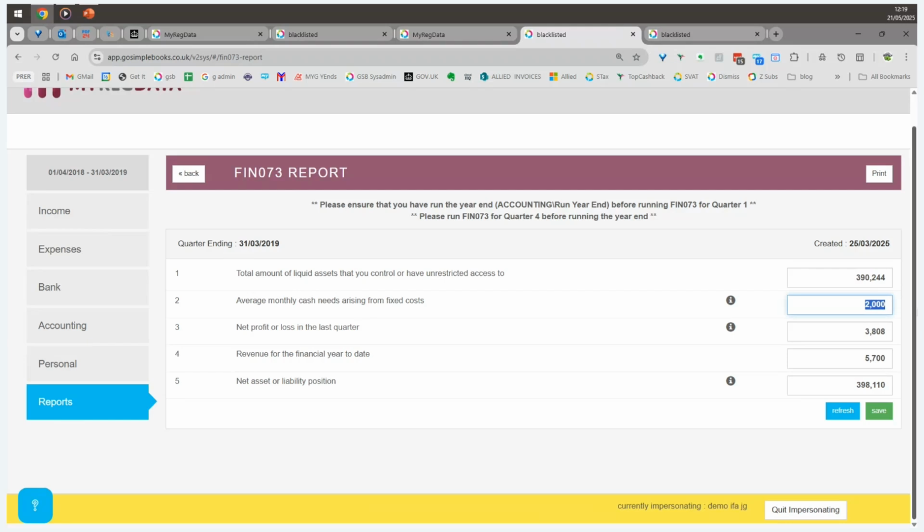The software doesn't know which costs are fixed or otherwise, so what we allow the user to do is enter the amount. We usually use round sum amounts because the FCA are looking for an average fixed cost,